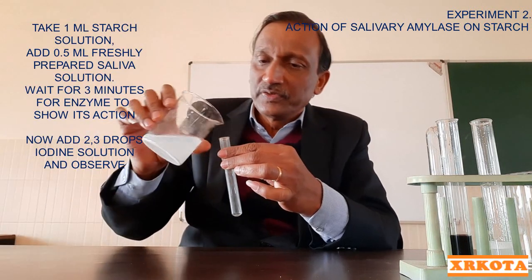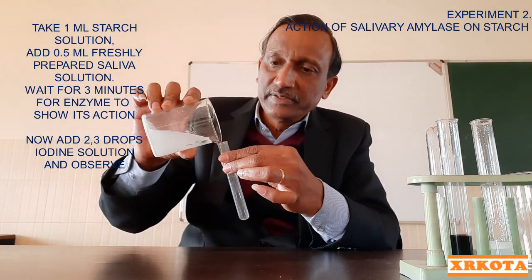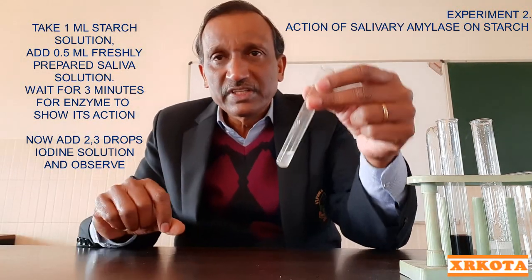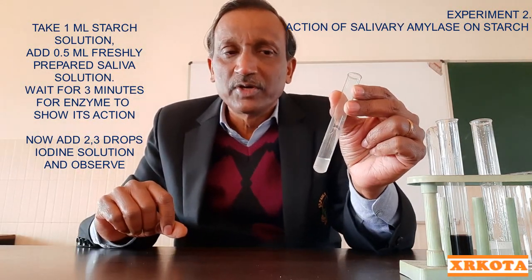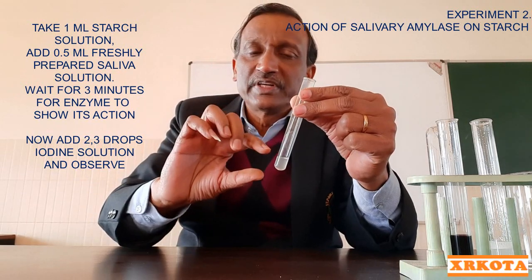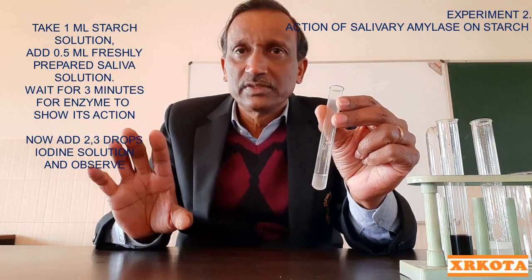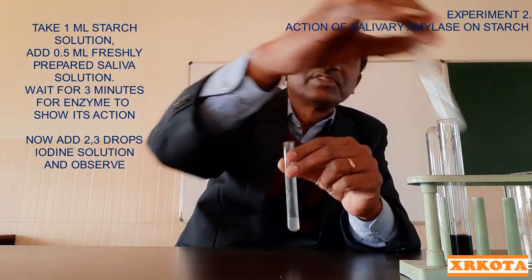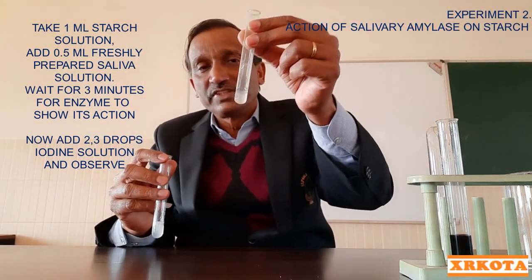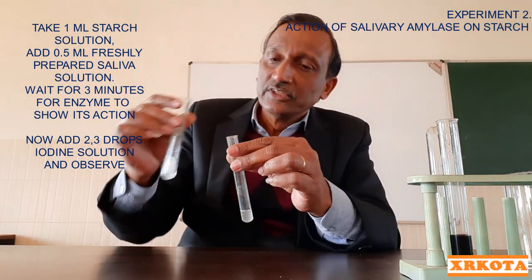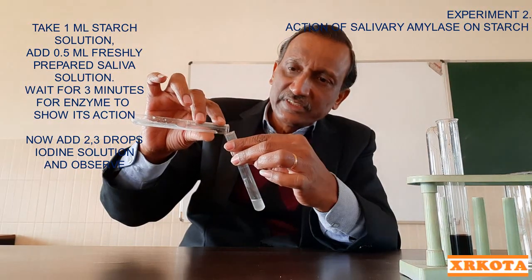So we'll take another test tube and add some amount of the starch solution which we have prepared. Remember, for a test you should always take the least amount. Often I see that children just keep on filling the test tube. We have to test, so don't go for wastage. Suppose I have taken almost 1 milliliter, and I'll add a little bit of saliva to it.